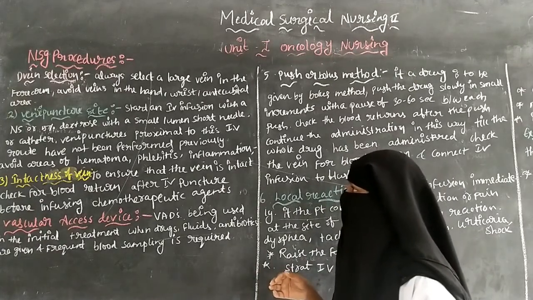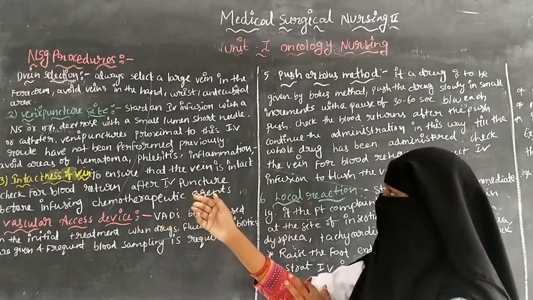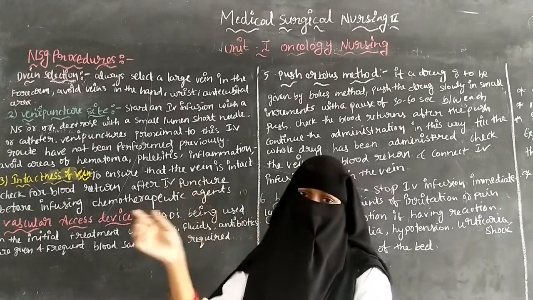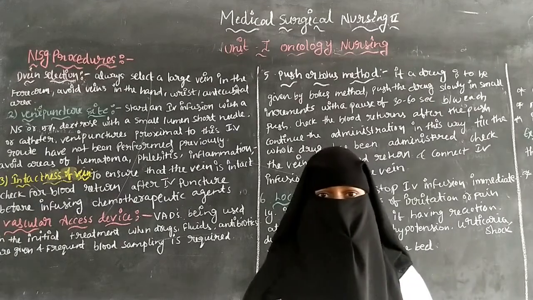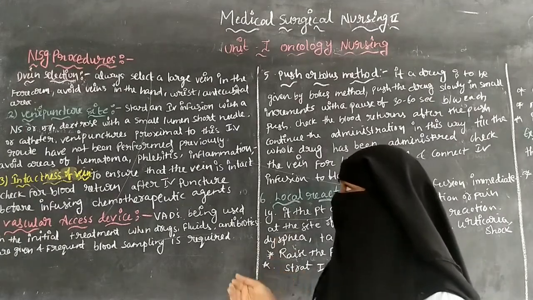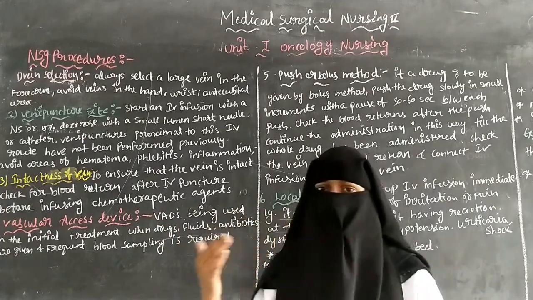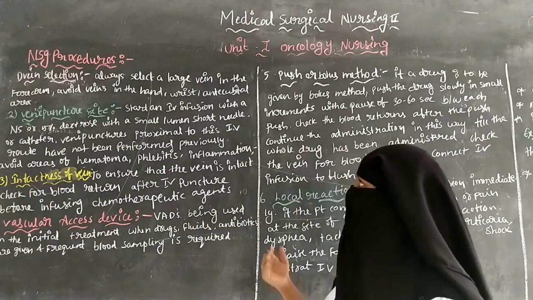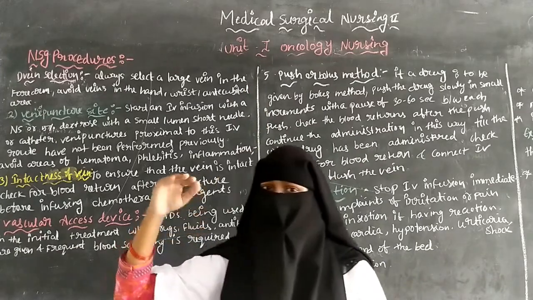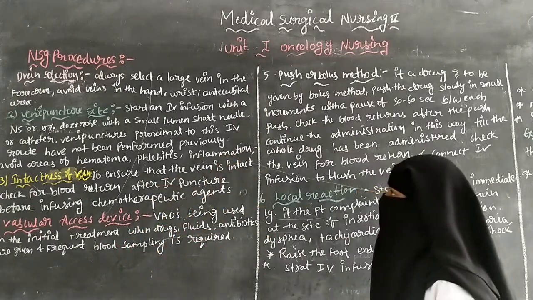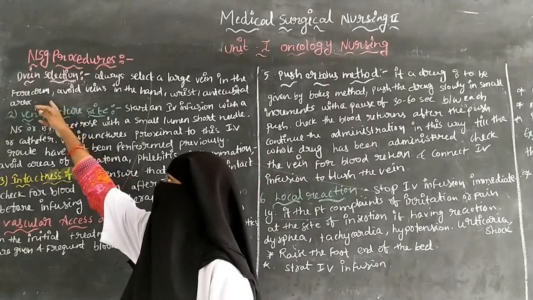And the antecubital area. Antecubital area means the folding area of the arm. Between this folding area, we should not select a vein. After placing the cannula, the patient would not be able to fold the hand, so because of this we should not select the antecubital area. We can always select the large vein, and it is present in the forearm.